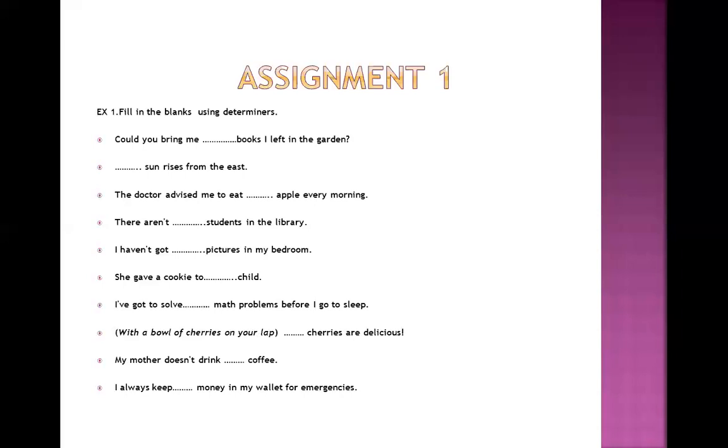And interrogative determiners ask questions. There are three interrogative determiners: what, whose, which. What is used for asking information, whose is used when asking about possession, whereas which is used when we are asking for a choice. Quantifiers indicate the number or quantity of a noun.